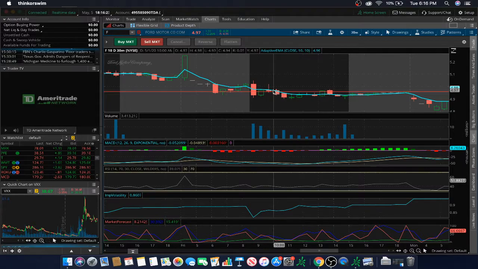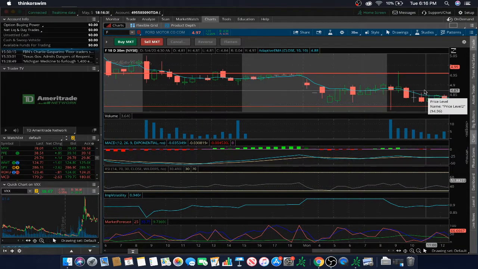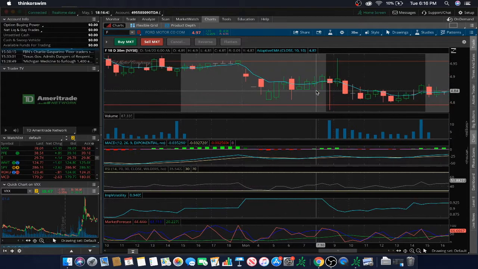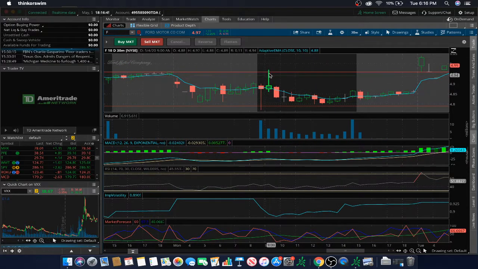Dipped below both the blue and the red line, traded sideways, tried to cross over the red line, which is the resistance of 495. Did cross over, however, got rejected right after, and then kind of traded sideways once again over here, tried to cross over, got rejected, and that's when it started trending downwards all the way to the 485 resistance. And so from here bounced up again, got up to